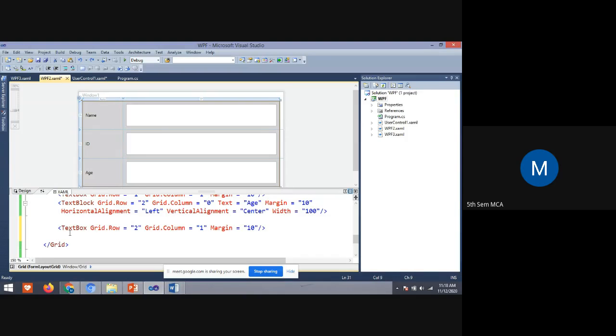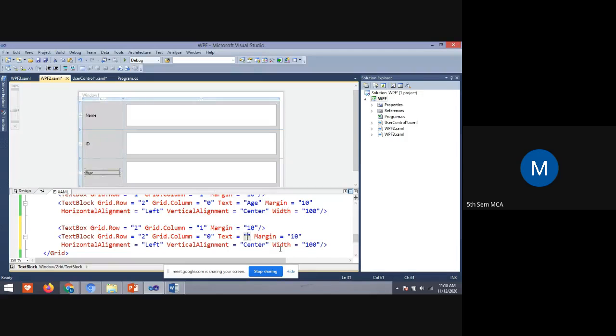One more text block I'll take, and for this text block, I'll give the label semester.